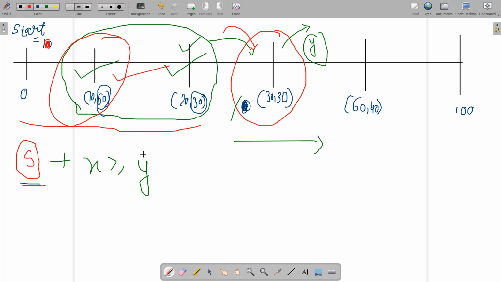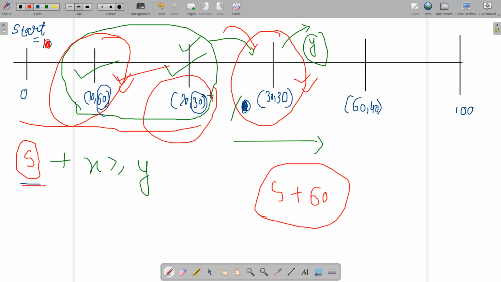So S plus 60. And if I have done that, I need to again check whether this current amount of fuel is sufficient to reach this station or not. If not, then I have to again pick out the second maximum fuel provided by the previous stations. This is the first maximum, and the second maximum is this one.